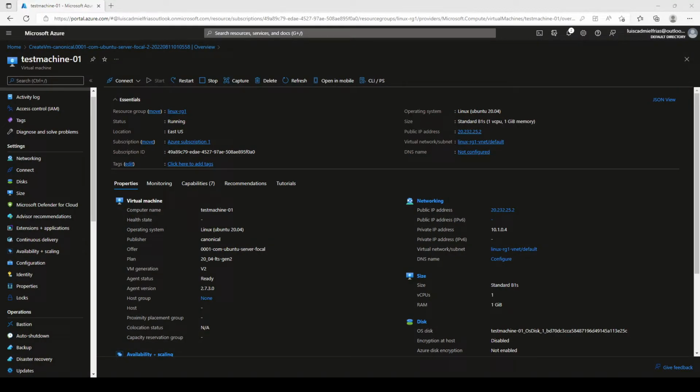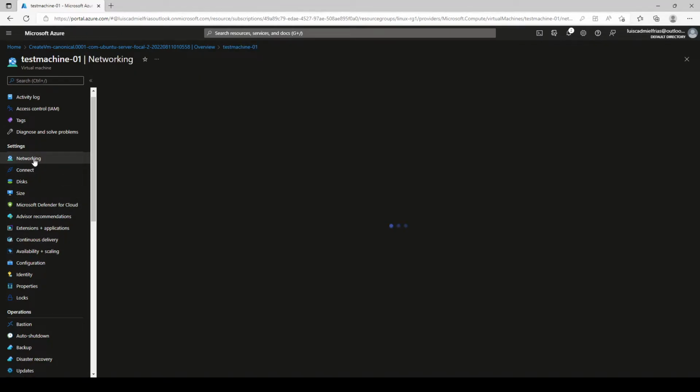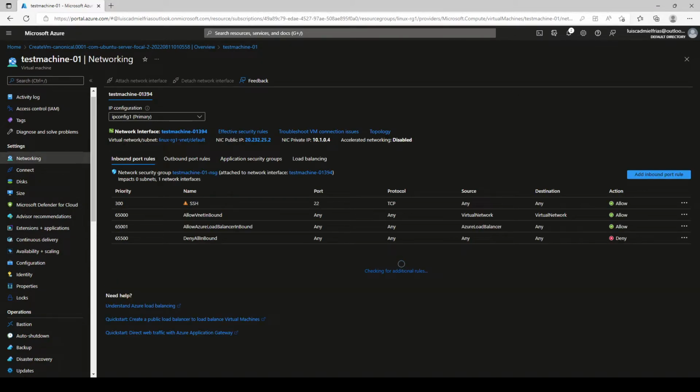So we already have our GUI set up and our RDP server set up, but something is missing. Let's go to our networking blade, and here on our network security groups, we're missing our TCP 3389 port, which is what helps us reach the VM for connection, so I can route the incoming traffic. We didn't do that earlier. We only activated port 22 for SSH.